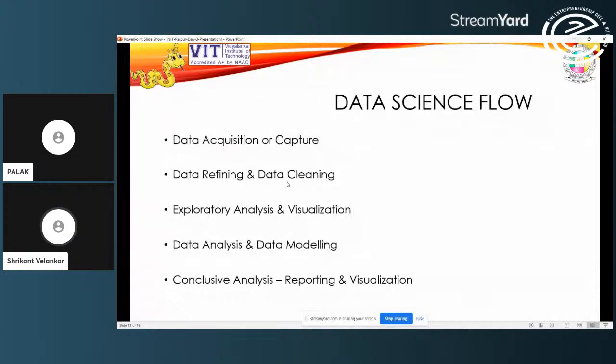Obviously the data which comes in is not in a readily usable format, for which a lot of pre-processing is required. So we are required to do data refining and data cleaning operations, in which incomplete data records might be deleted, or they can be populated by some means if possible, and rectified.